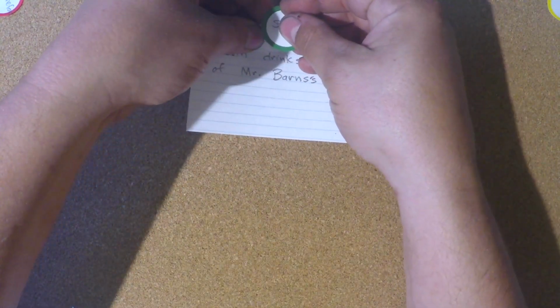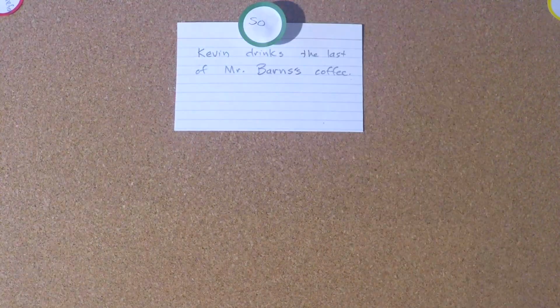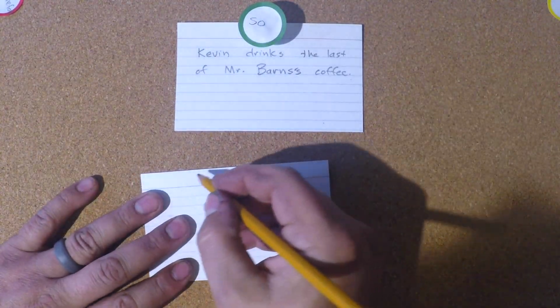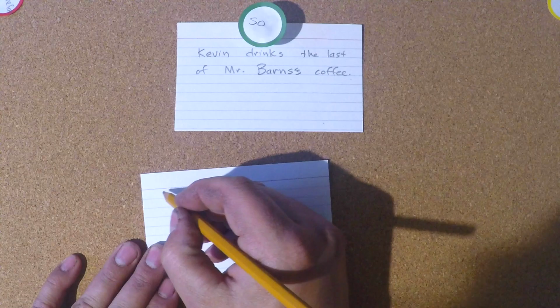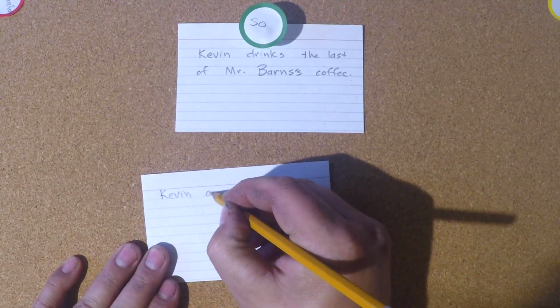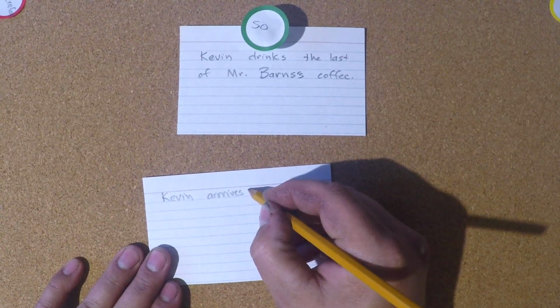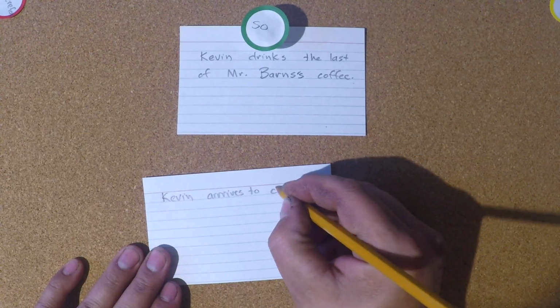We'll go left to right and then top to bottom. I'm making a new card in here. This card's going to be Kevin arrives to class